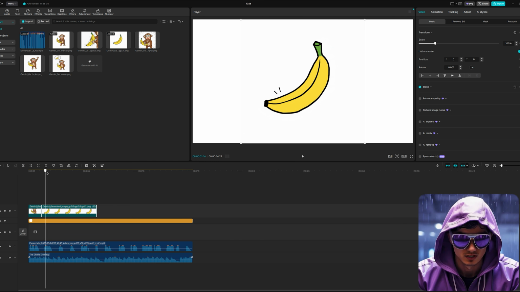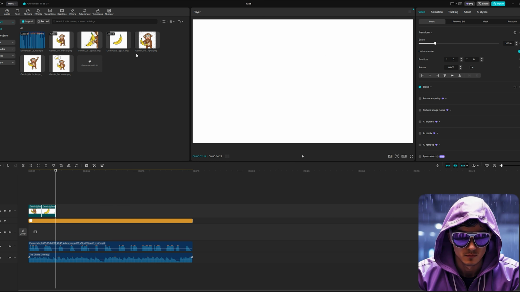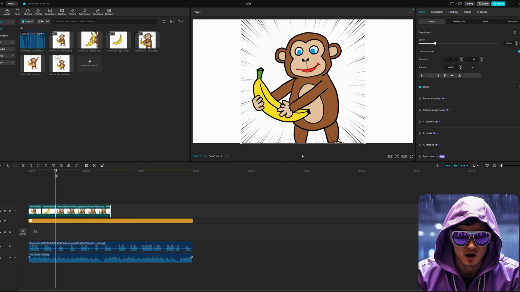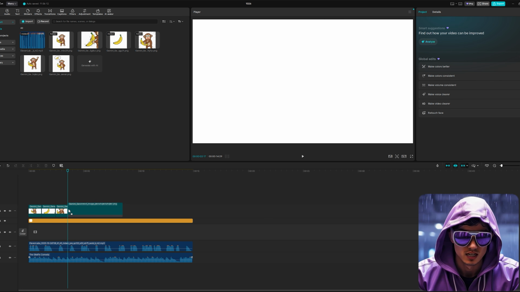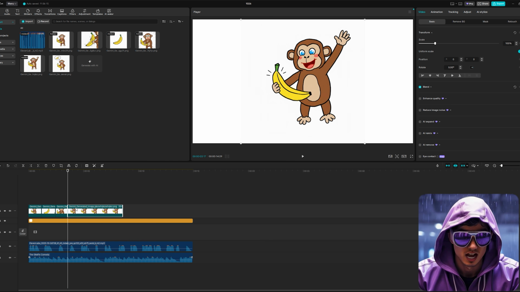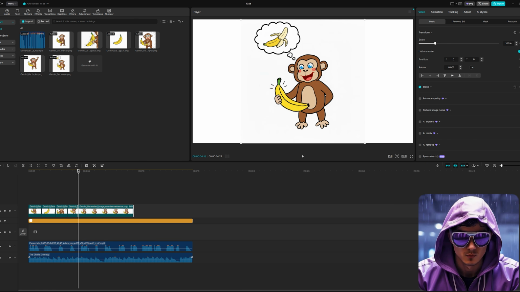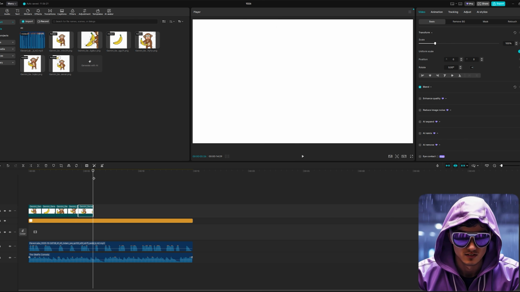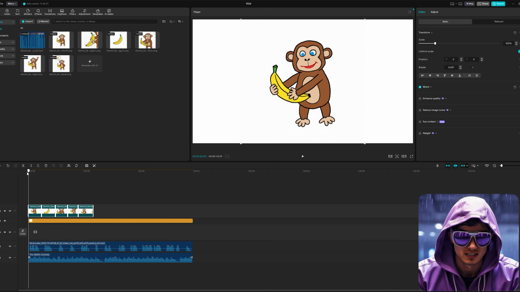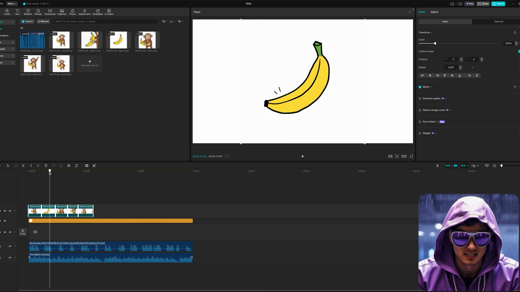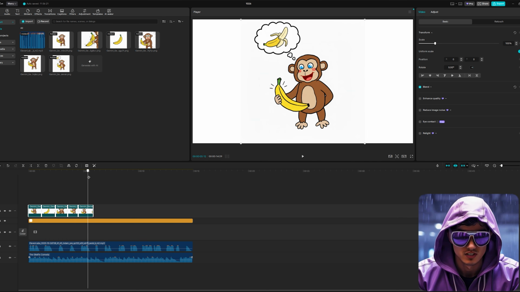Now for the visuals. We'll start laying our images from Gemini on the track above the audio. This part is crucial. We need to cut the images to the audio. This means you listen to the narration, and every time the speaker explains a new point, you cut to the corresponding image that we got from Gemini. This acts as a form of visual punctuation. It keeps the screen dynamic, reinforces what's being said, and prevents the viewer from getting bored by a single static image. Yes, it's that easy, we're done already, so export the video.